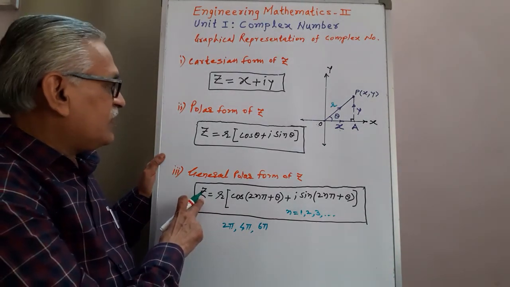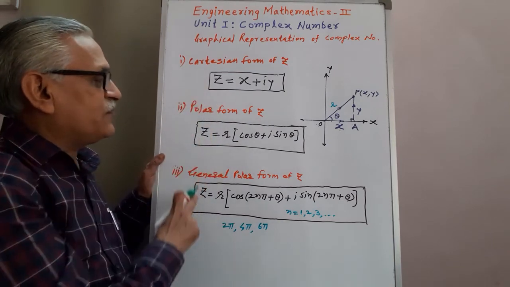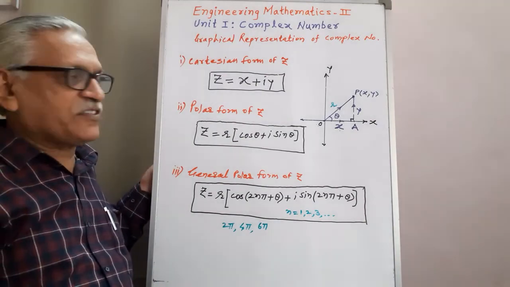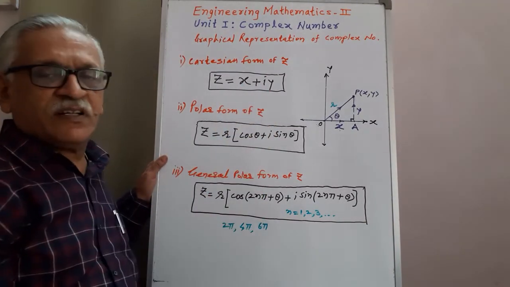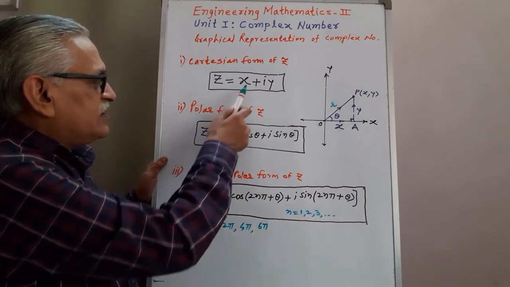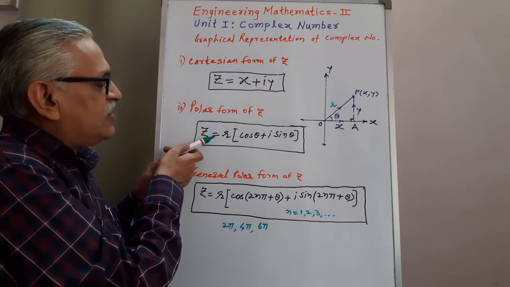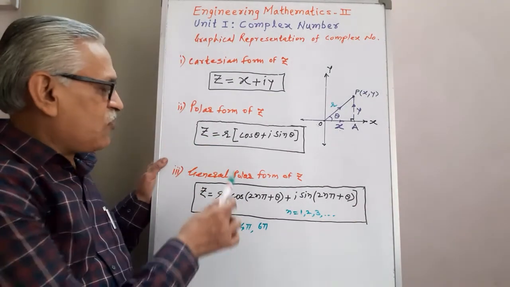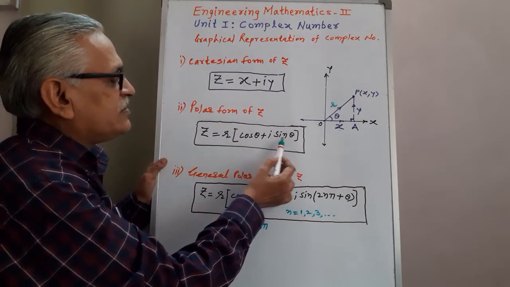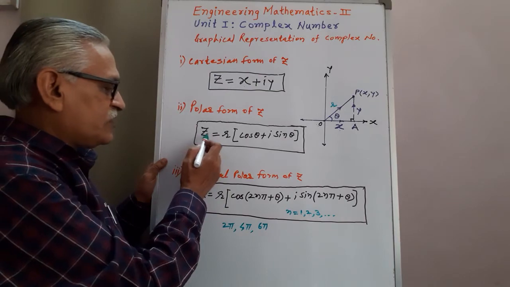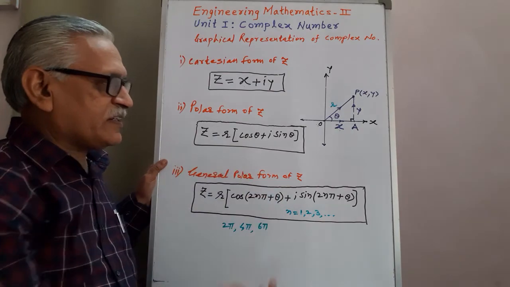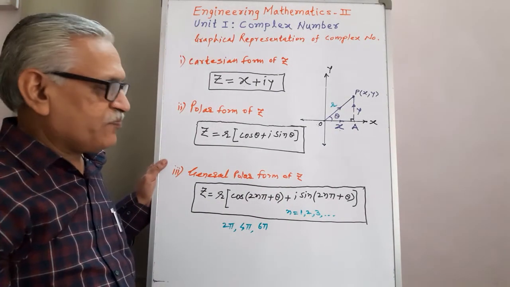And therefore, once again, I have written here 3 different forms. When we write z = x + iy, it is called the Cartesian form of a complex number. x is the real part, y is the imaginary part of that complex number. The same number I have converted into polar form by replacing x with r cos theta and y with r sin theta. Taking r common, we get z = r(cos theta + i sin theta), in terms of r and theta, therefore it is called the polar form.